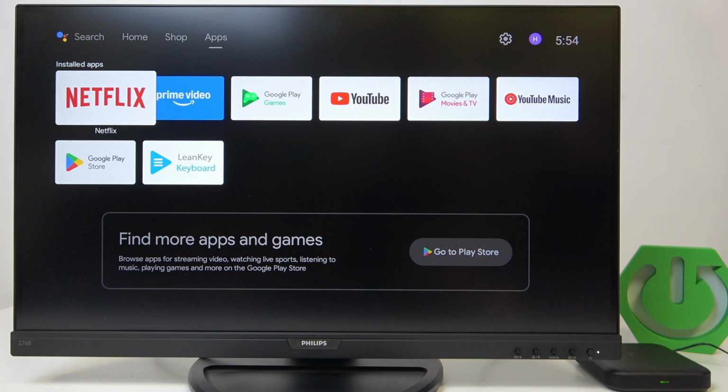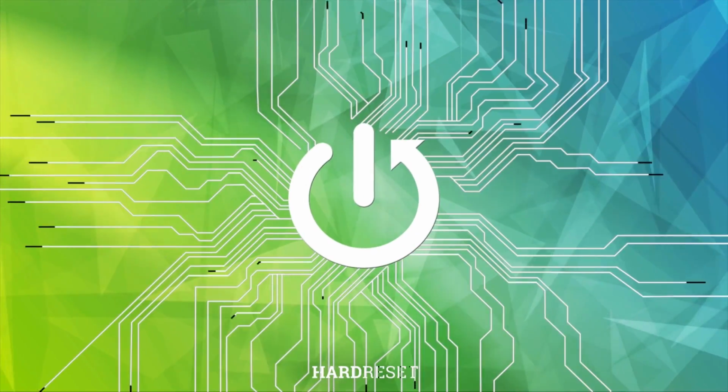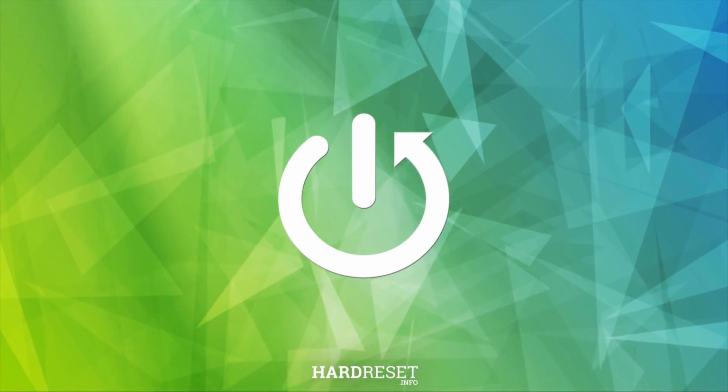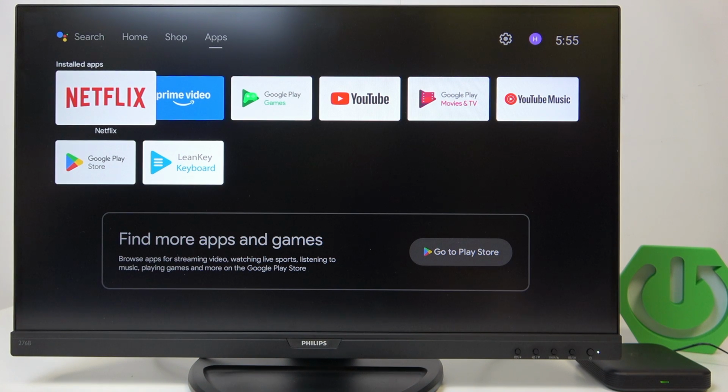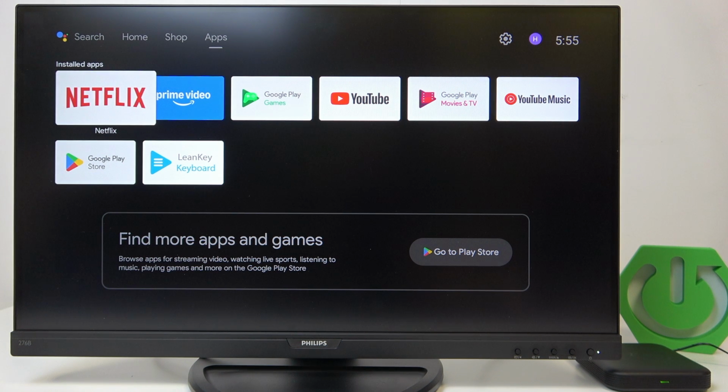Hello, in this video I'm going to show you how to change the order of apps on the Apps screen on a ZTE Android TV Box. You can see in the Apps screen there are different apps here, and if you want to change their order